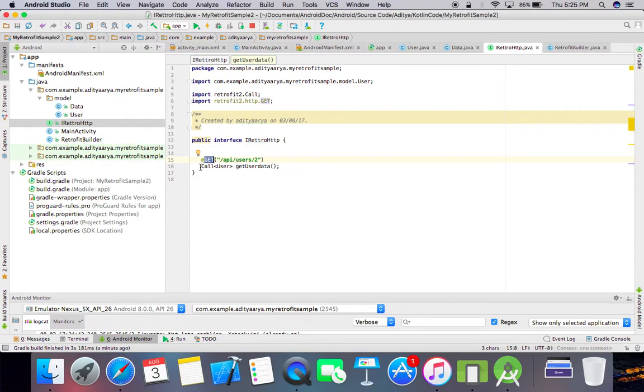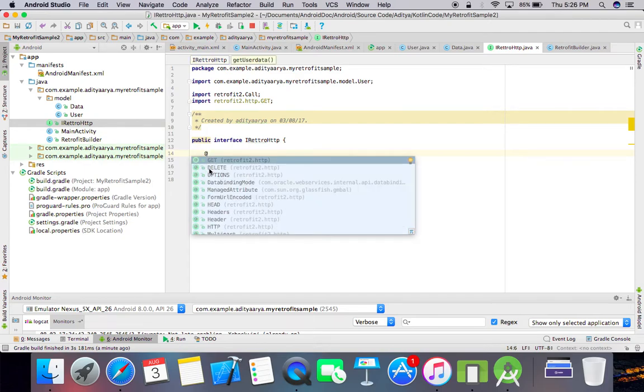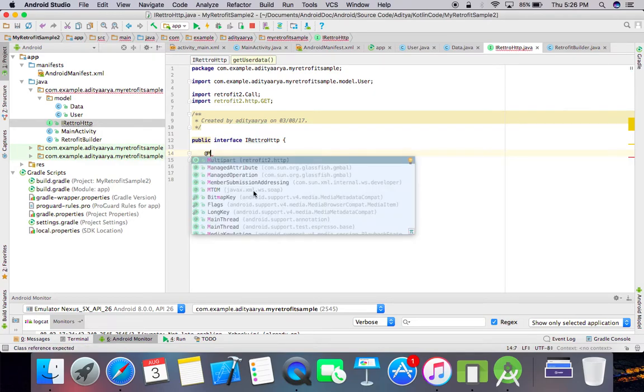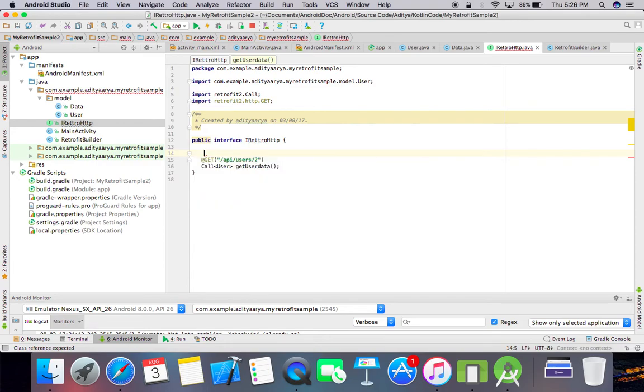You can add post method, and you can also to upload image you can add multi-part. So I will show this. There are different methods like delete, options. So here you can see we are getting different methods: get, post, update, put,